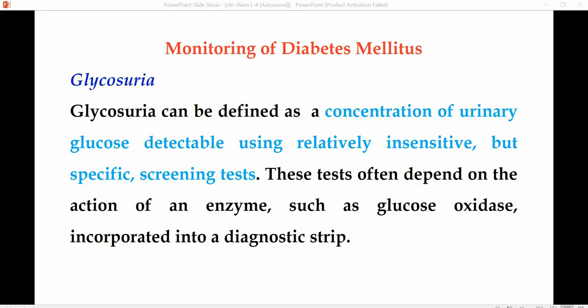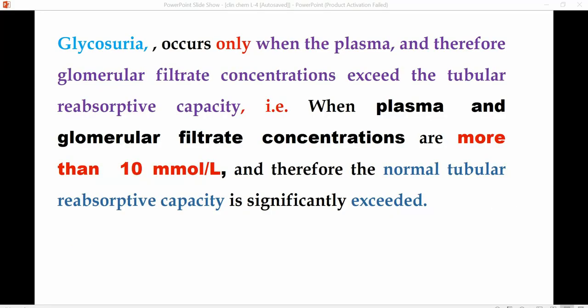These tests mostly depend on the action of an enzyme such as glucose oxidase, which is incorporated into diagnostic strips. Glucosuria can only be detected when plasma glucose level exceeds the renal threshold, which is the capacity of the tubular reabsorption for glucose,